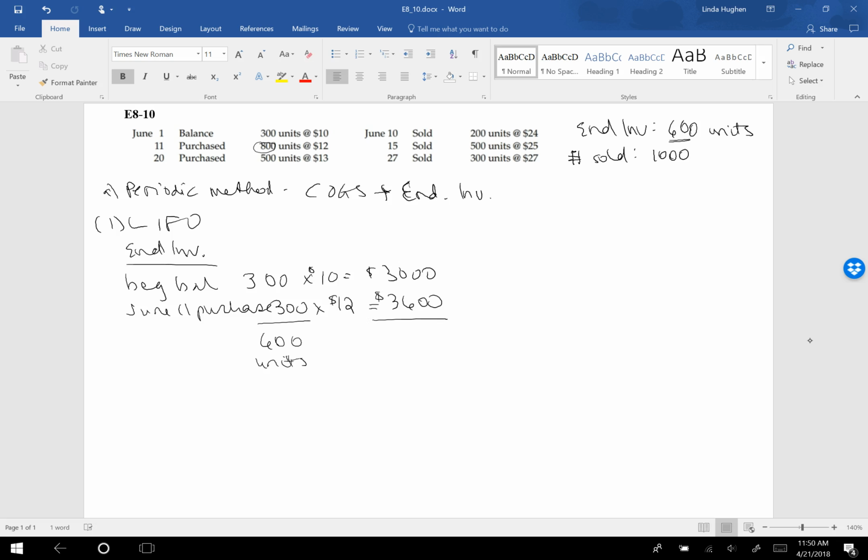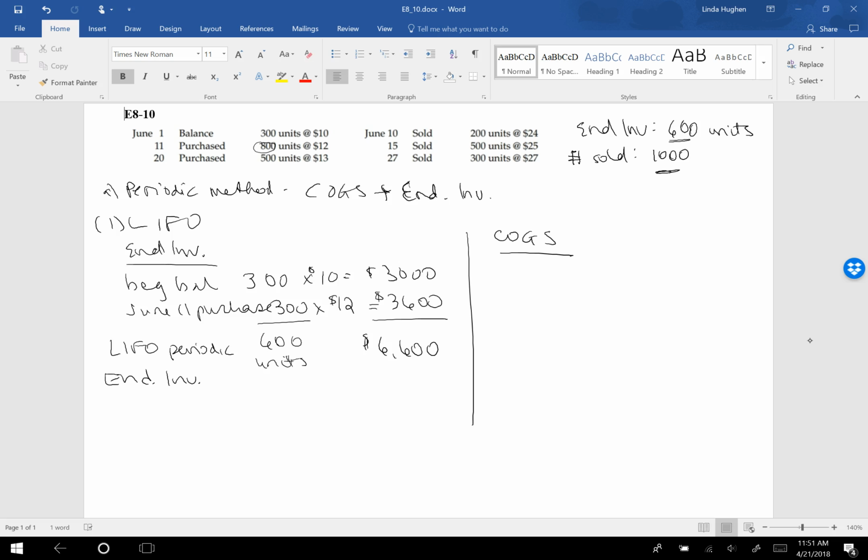So my ending inventory under the LIFO method, LIFO periodic ending inventory, 600 units at a cost of 6,600. Now let's calculate the cost of goods sold under the LIFO method, LIFO periodic method. Now we're going to take the reverse perspective. We're accounting for 1,000 units that were sold, and we're assuming that the sales were out of the most recent